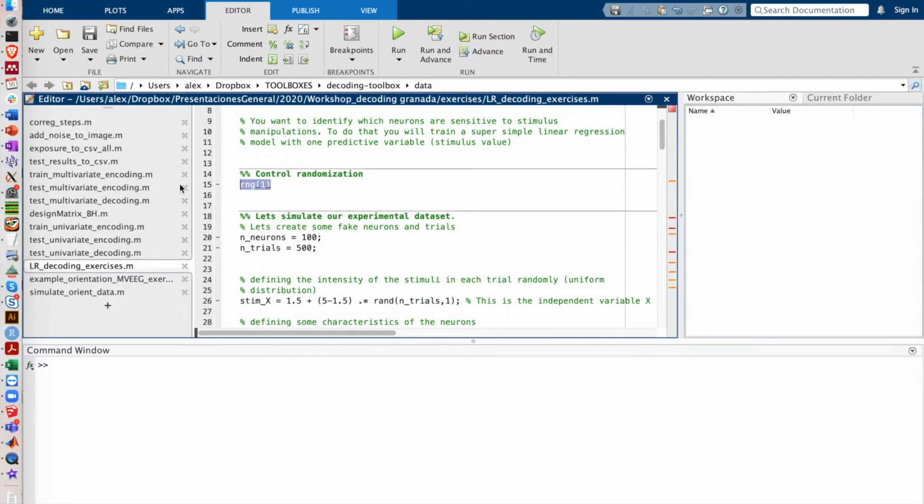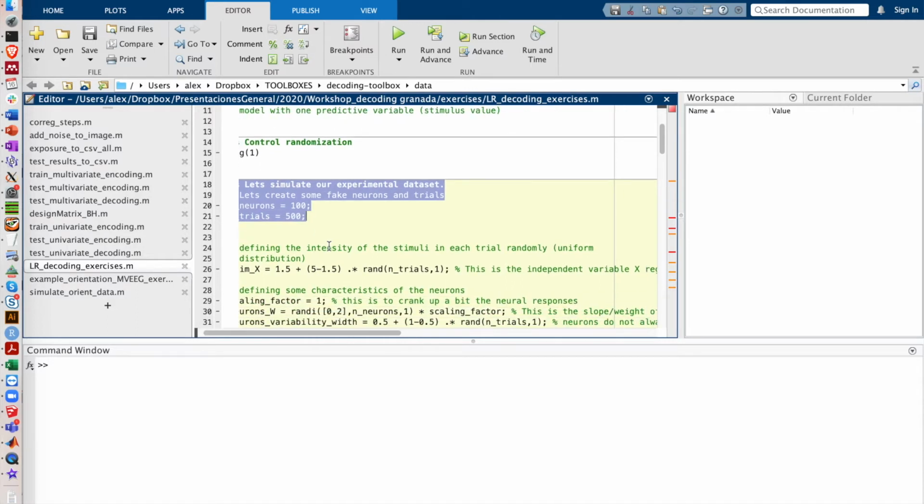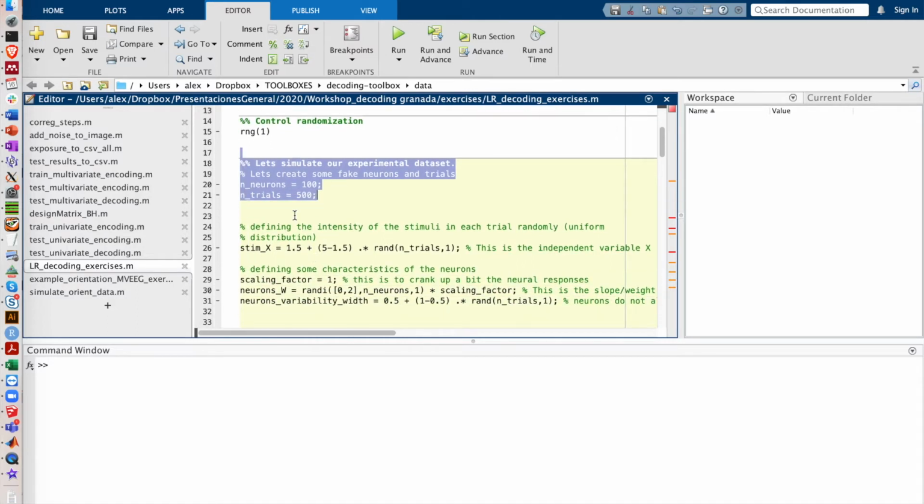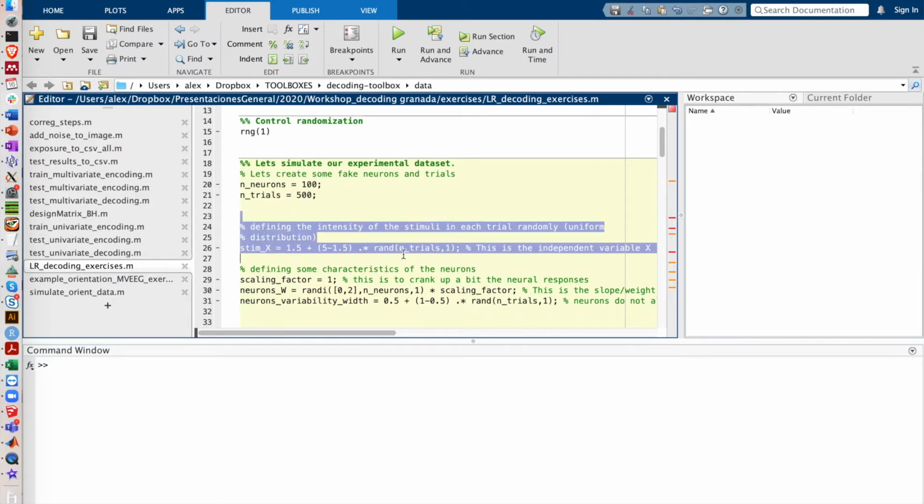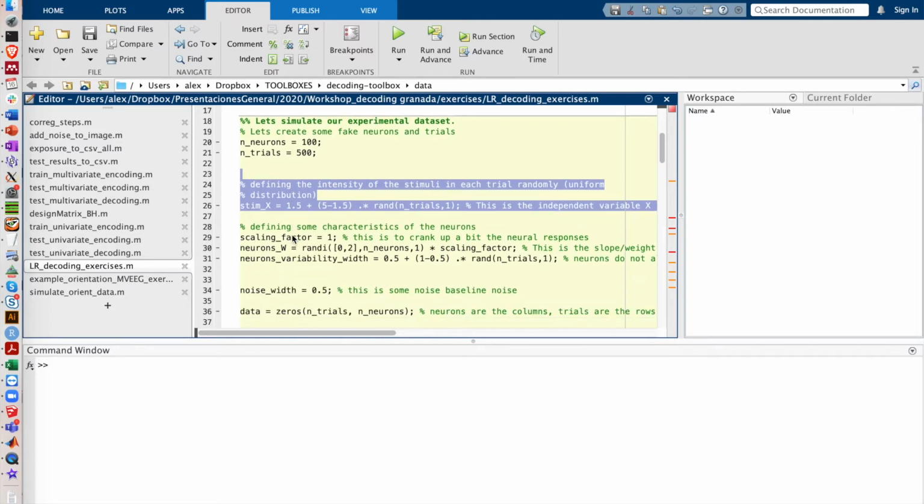This is the initialization of the random seed, so everybody gets the same values in our random formulas. Then these are the stimuli that we are creating using a uniform distribution, arbitrarily decided to go from 0.5 to 1.5.